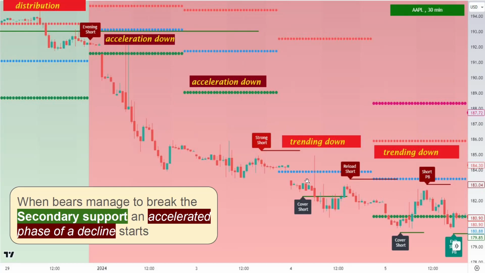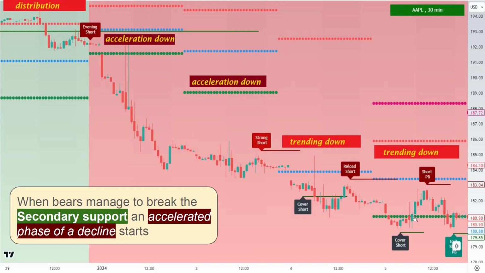But the following day, price could not climb over the blue support line, so the price was still trending down, but it was nowhere close to the green secondary support line that was the first of deceleration. And look, the following day, that was January 5th, 2024, when bears tried to break under the secondary support, but